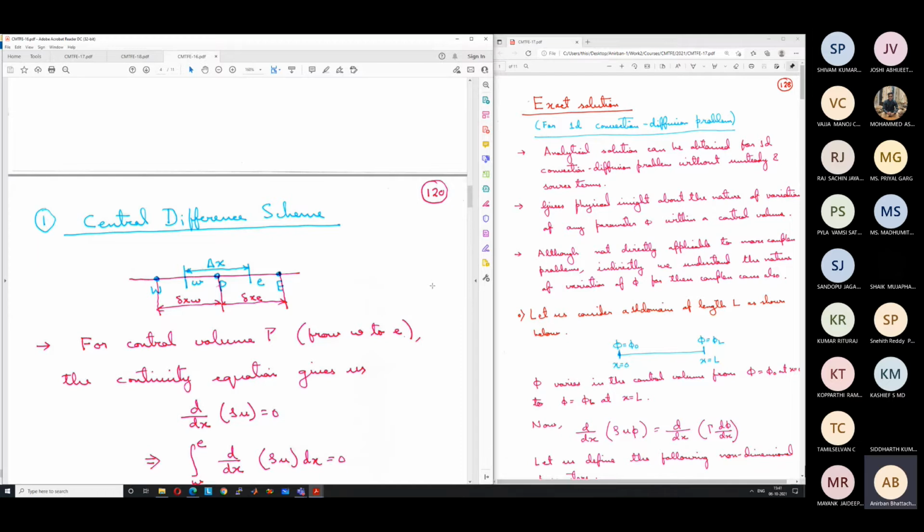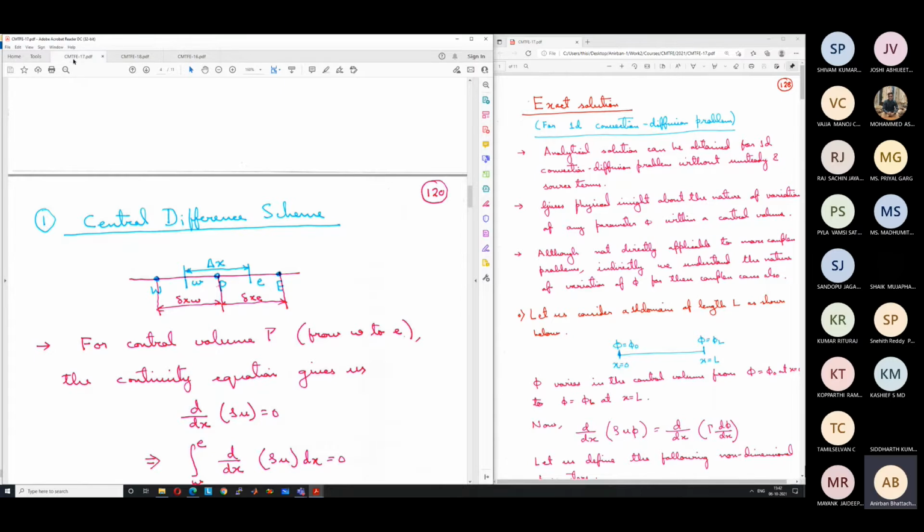if this is the grid structure, can we find out any information on how the variation of any variable like phi or temperature occurs between two adjacent grid points, like how the variation is between W and P, and between P and E? Whether it is like a straight line, or like a step, or exponential, or logarithmic or polynomial. Can we derive some insight into the variation in the case of a convection diffusion problem?